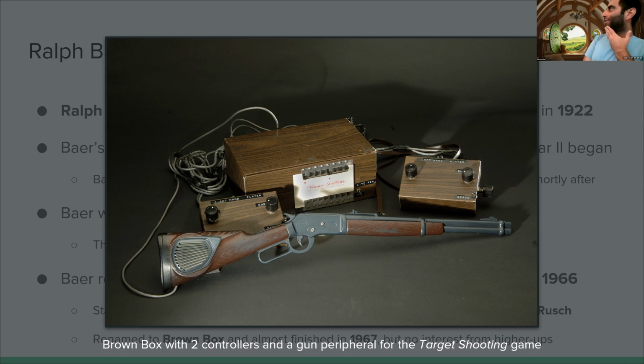So I'm gonna pause. Does this look familiar to anyone? There's actually another thing that we're going to talk about in a future week that, yeah, go for it. So it looks like Duck Hunt, absolutely, but the console itself. Ignore the gun. The gun I just included because it shows that you had cool peripherals, not just little knobs. But the Brown Box itself, does this look familiar to anyone? Any thoughts? Kind of hitting those core memories a little bit. Okay, so we're going to talk about some computers in the 70s, so keep this box in mind. It's going to be a sneak preview for what you're going to see soon.